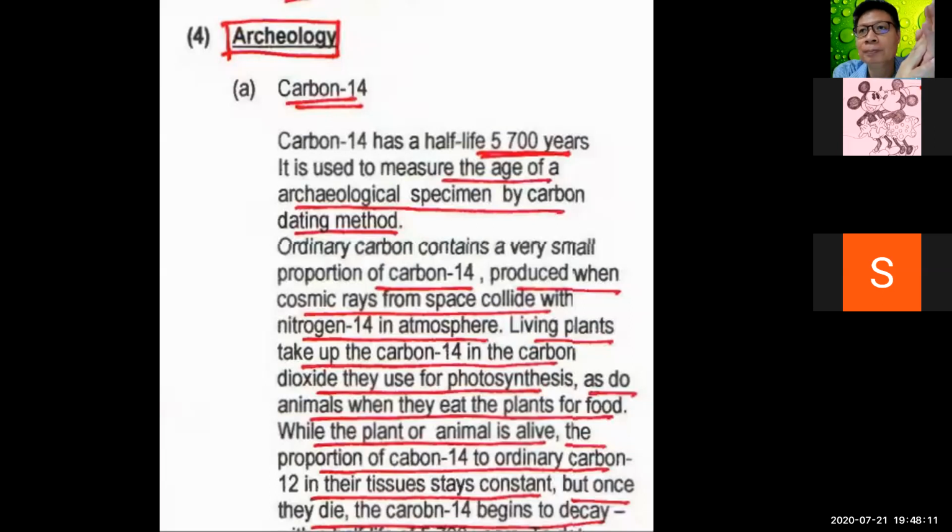Why does carbon stay inside our body? The reason is like this. In the air we have carbon dioxide. How many percent carbon dioxide is in the air? 78% is nitrogen. So I think carbon dioxide is about 21%, something like that. In this carbon dioxide, there is a little bit of isotope. The normal one is carbon 12, but the isotopes are carbon 13 and carbon 14. These stay in the air mixed with the carbon dioxide.